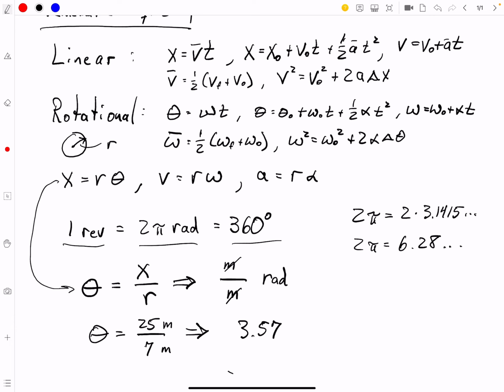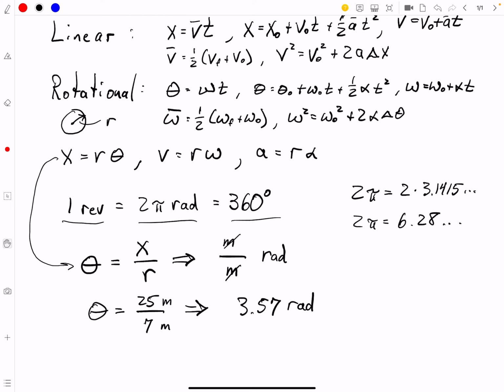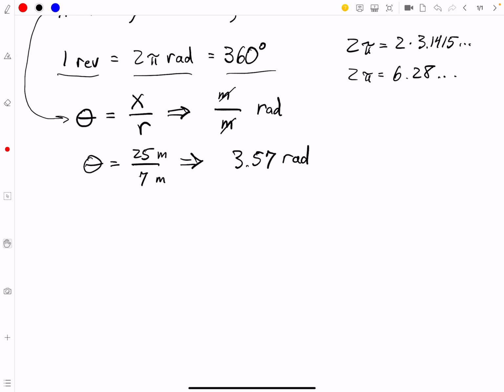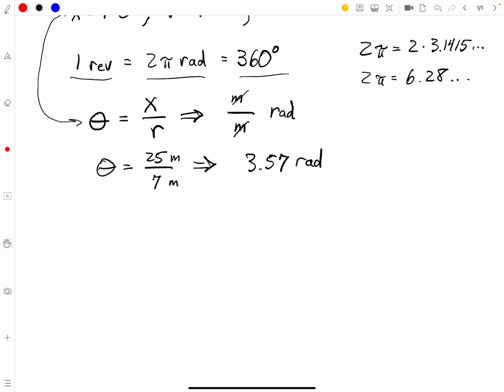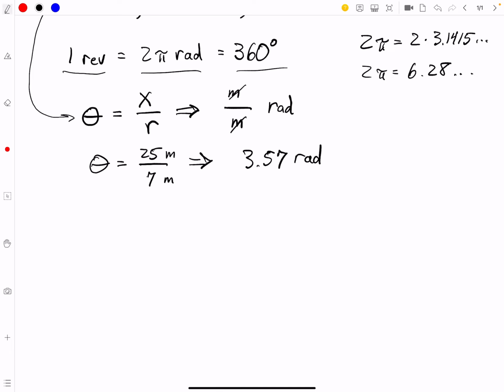3.57. Our meters and everything else canceled out. That gives us radians. Okay. We've got radians now. And what do you do when you've got the ghost of radians, but you really want, say, degrees? Okay, we want to turn that into degrees. Well,